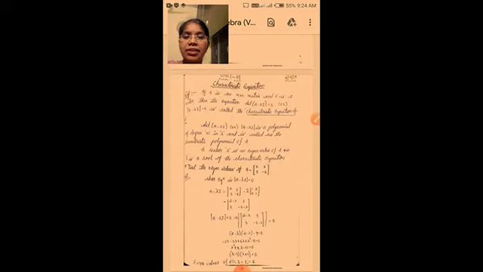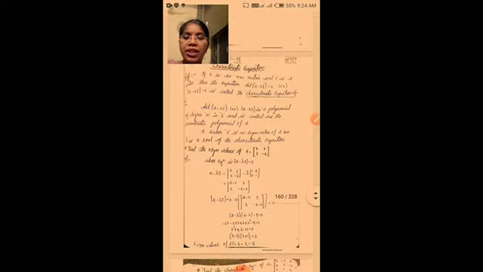So characteristic equation అంటే మనకి ఏం గుర్తుండాలి, mod A minus lambda I is equal to 0 is called the characteristic equation of A. So A is n by n matrix and lambda is a scalar. Okay. So next, delta of A minus lambda I or mod A minus lambda I is a polynomial of degree n in lambda and is called as the characteristic polynomial of A.